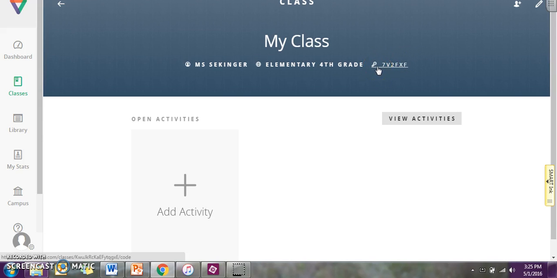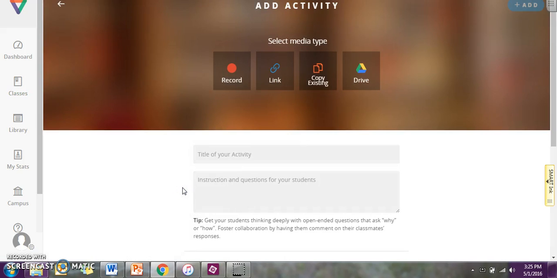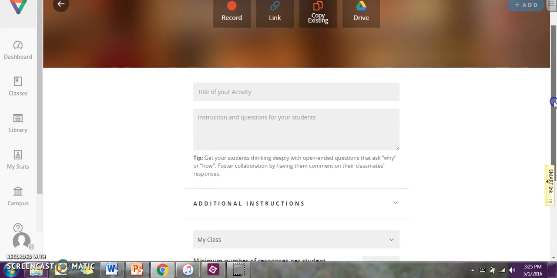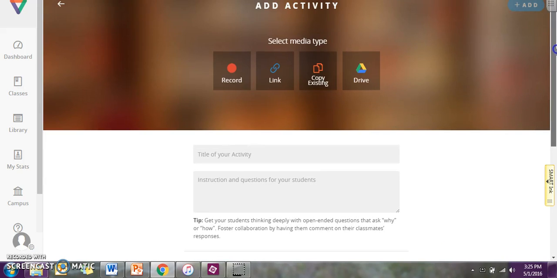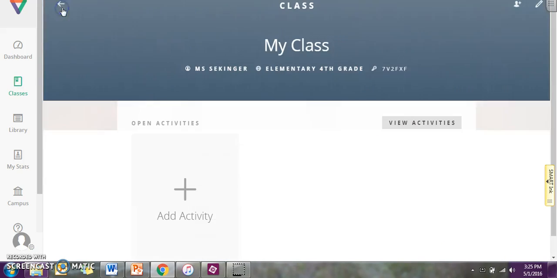If you have used Google Classroom, then it's very similar to that. If you give your students this code, they can log in and join your class right away. To add your first activity, click Add and create your own. Otherwise, you can go back to your library,